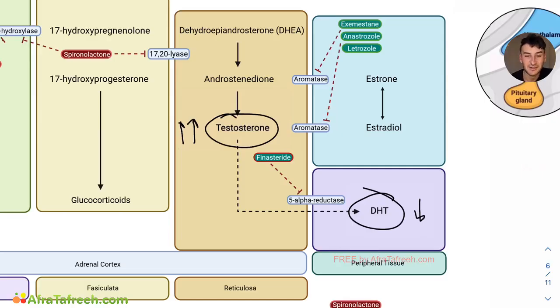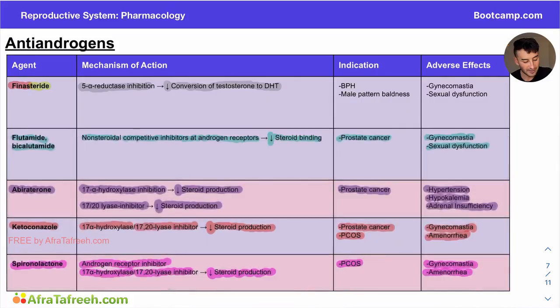I'm not sure to consider this like a direct androgen antagonist or agonist because it's kind of in the middle. So I would rather you guys understand what finasteride is and what it does rather than lump it as like pro-androgen or anti-androgen. So going back here to our table, we're talking about the mechanism of action. It's all about 5-alpha reductase inhibition. That's really high yield, that you know that finasteride inhibits this enzyme. They love to ask about it.